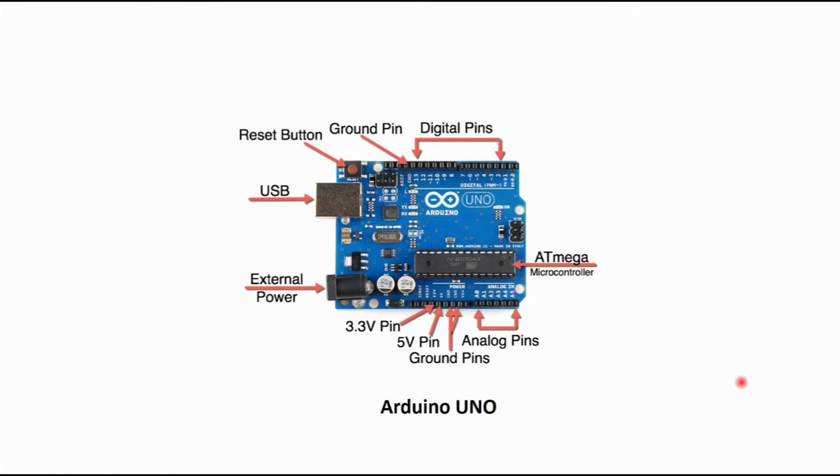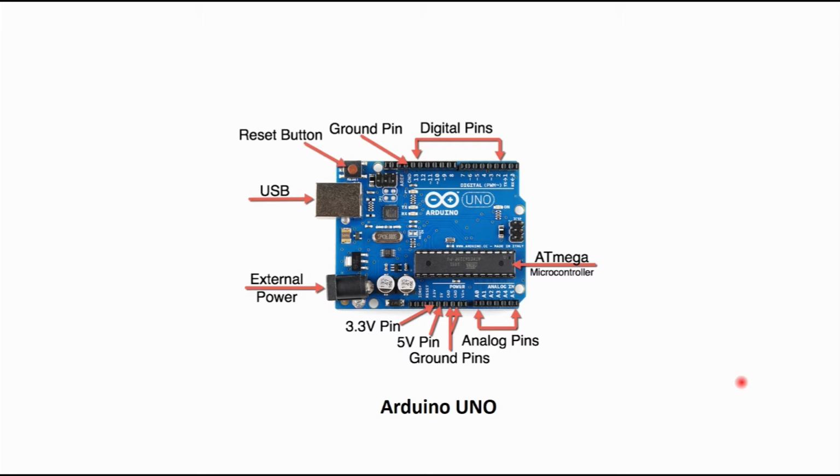Hello friends, so far we have learned about various sensors and how they are used to calculate different parameters such as speed, altitude, pressure, and position, and we saw the working principle of different sensors. Now today we will be using a sensor to acquire data, and we will be doing this using an Arduino